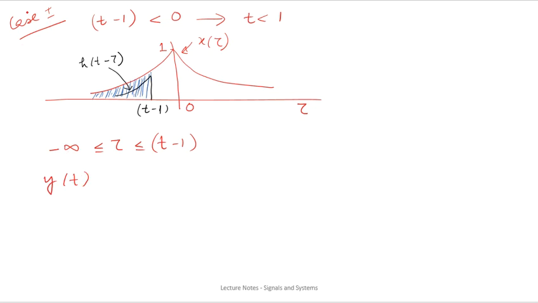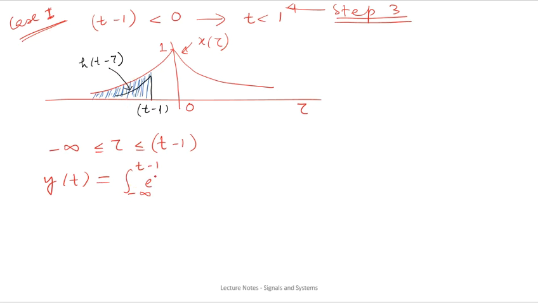We have already started the third step, so you can just write here that we have started the third step. I forgot to mention it. The third step was to perform integration to find y of t for all values of t. In this third step you have to take both the cases. So the first case was this, so you can perform the integration for the common region minus infinity to